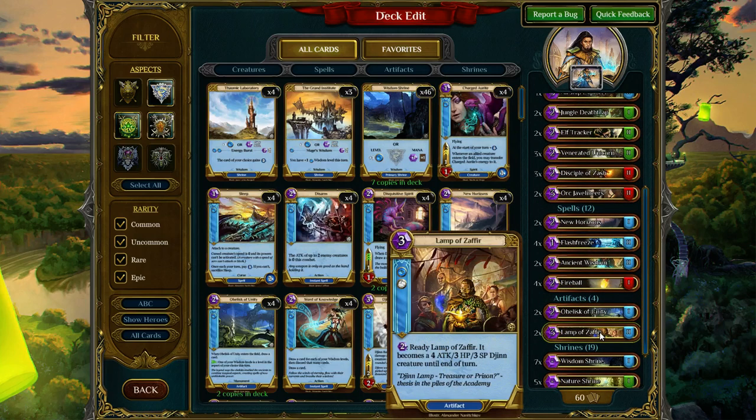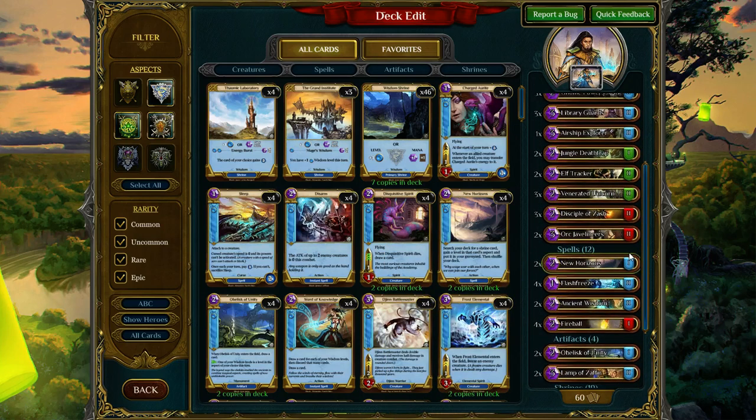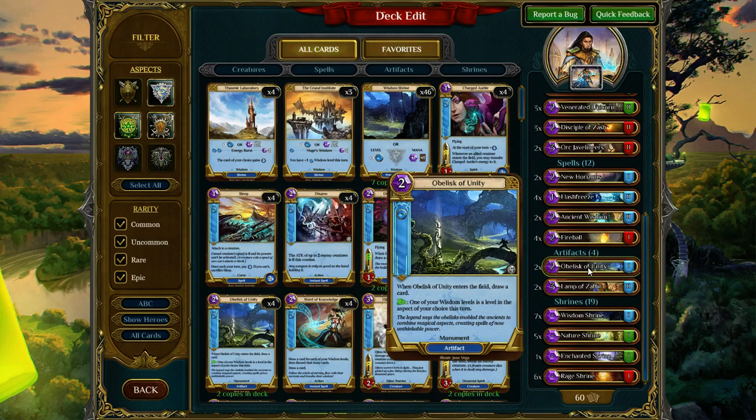Now, there are two things I want to touch on almost immediately with this deck, the two things that really stuck out to me when I was playing my games. Number one, Obelisk of Unity isn't really as needed as you would think. Obelisk of Unity is primarily for decks that are really heavy into Wisdom and need the Obelisk to act as mana fixing for them, especially when they're playing cards like Karthos and Red Dragon, and all those cards that require